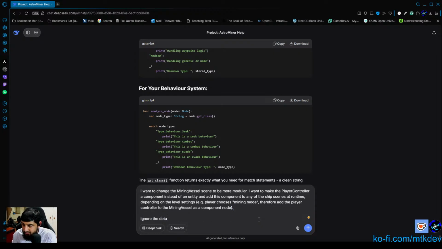Ignore the details of this implementation for now and tell me if it is possible